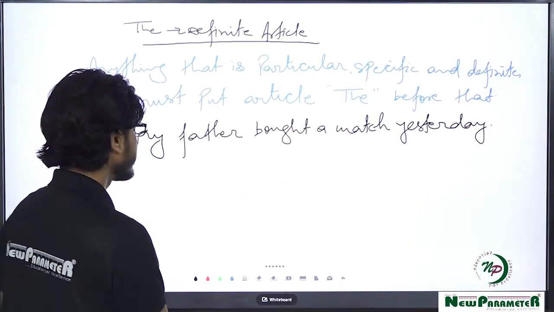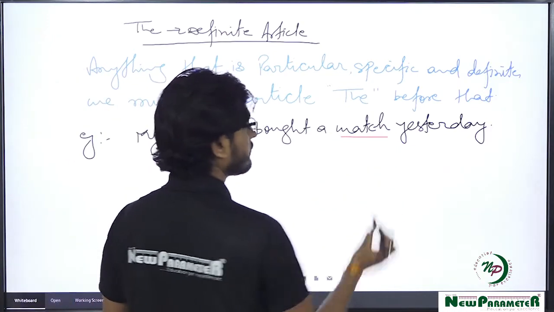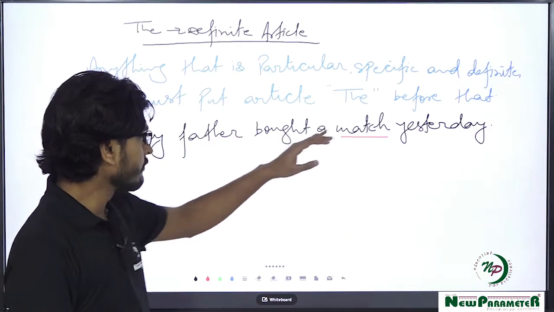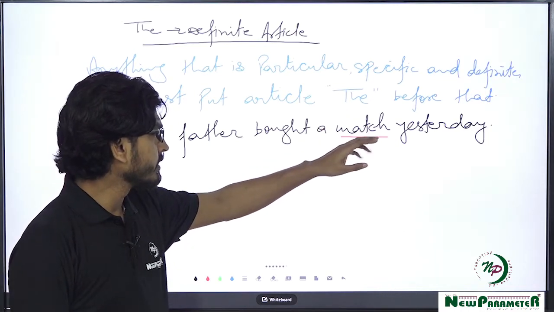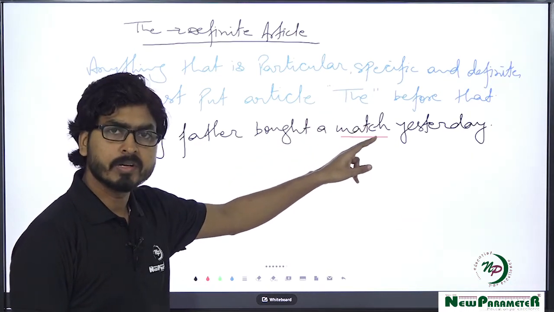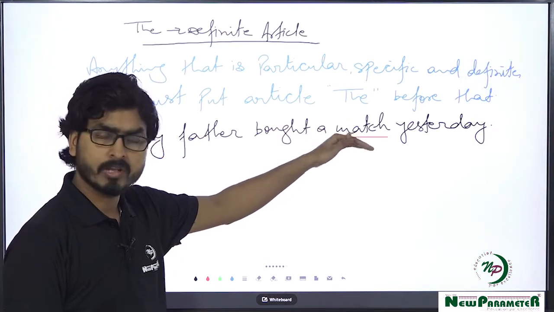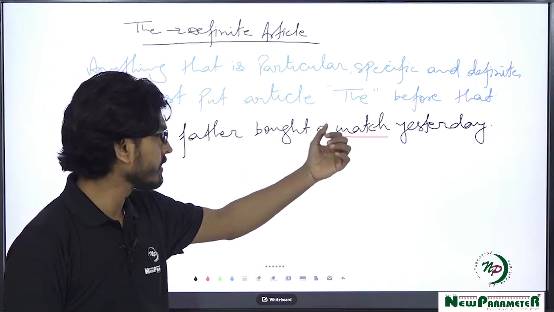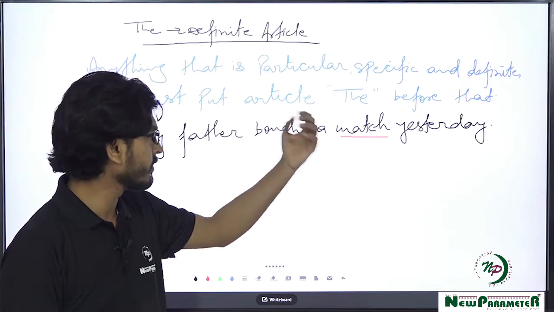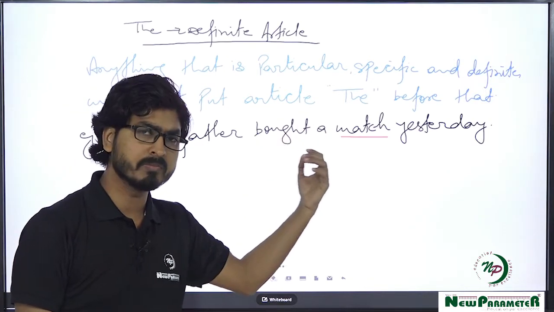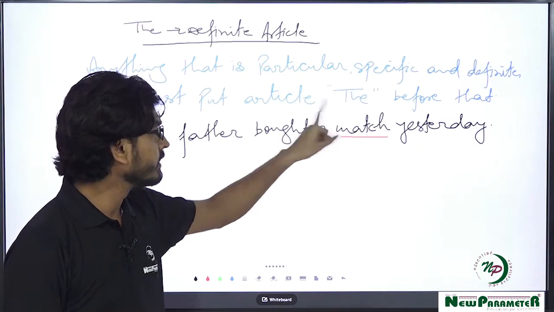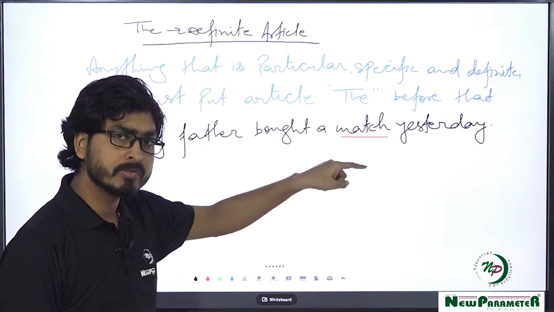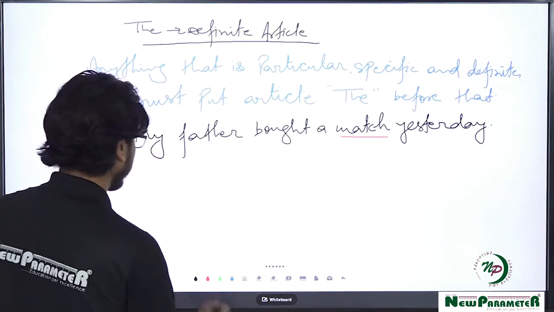So in this sentence, we have used watch. In this sentence, watch has been introduced firstly. So in this particular sentence, watch is not a very definite noun, you can say. We are not talking about a very definite watch. We are just talking in a very simple way that my father bought a watch yesterday. But when this watch is used in the very next sentence, for example,